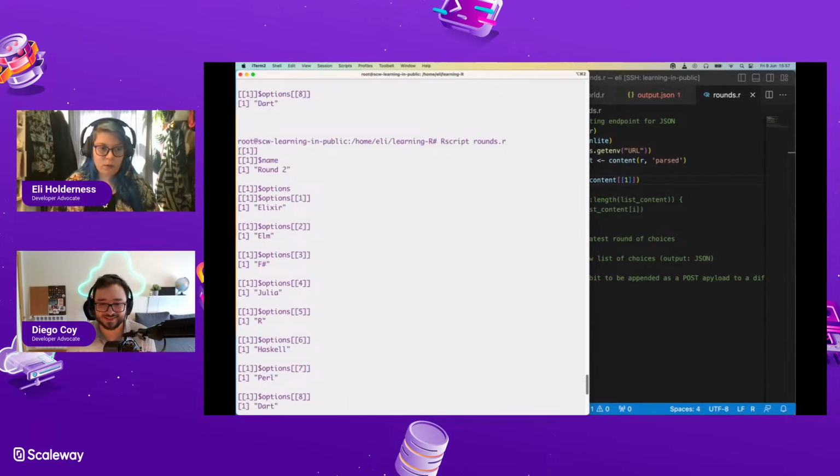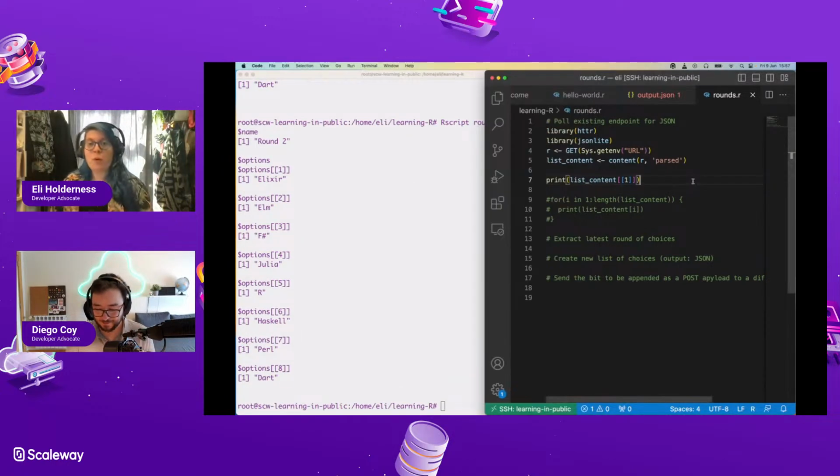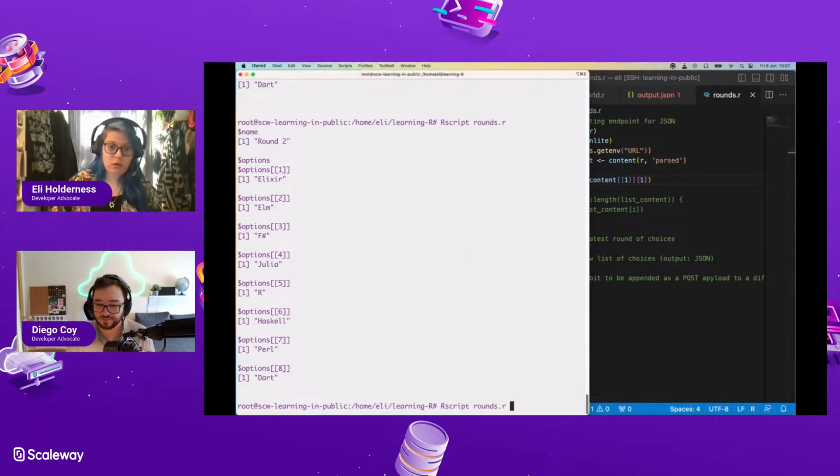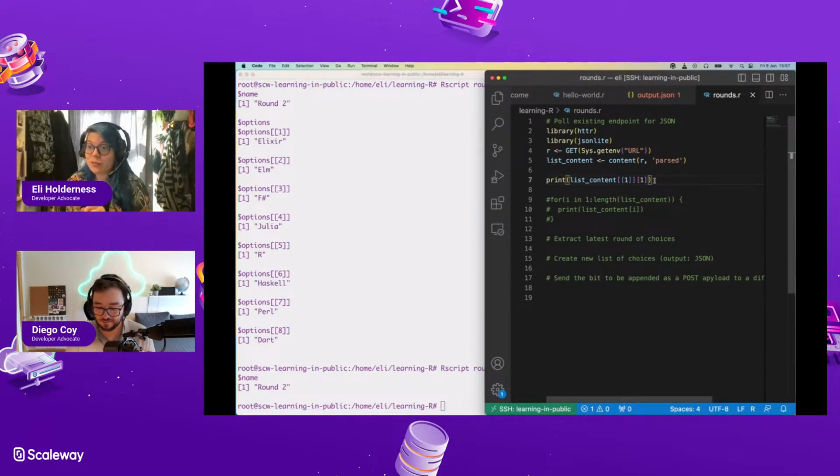This returns the first element of the list, which is itself a list. Ooh, okay. Let me play around with some square brackets. So now this has gone one level deeper. I think there was one more level of nesting than I thought on this. So now, if I do this, it just goes round 2. So that's how I get hold of the first elements of each of these things. So what I actually want is this.